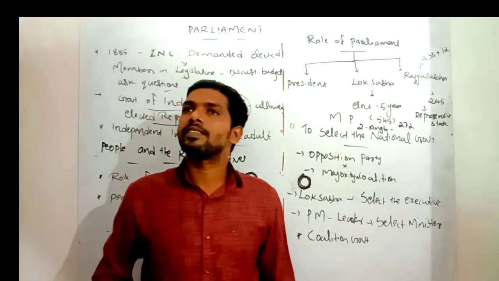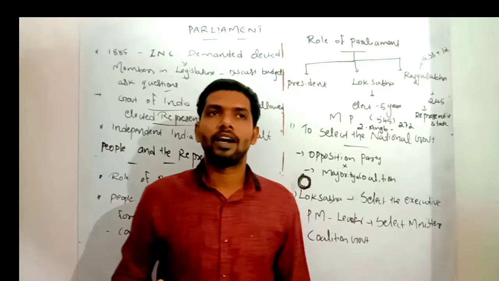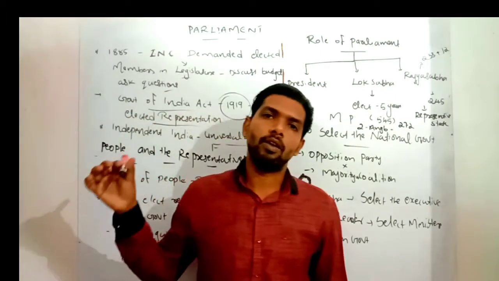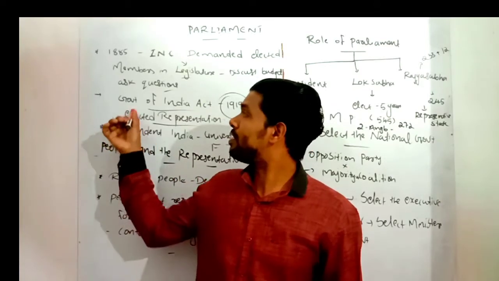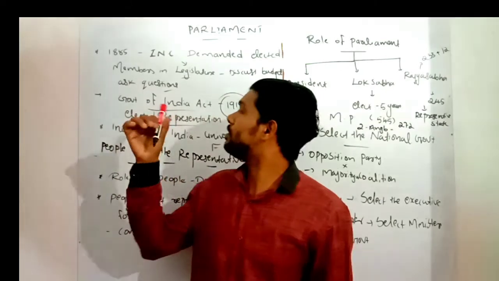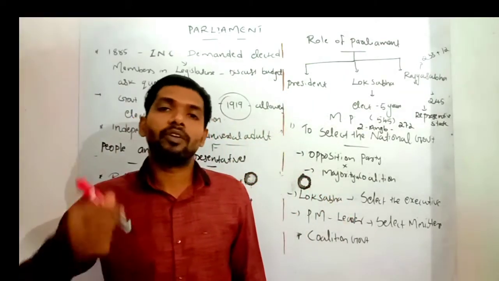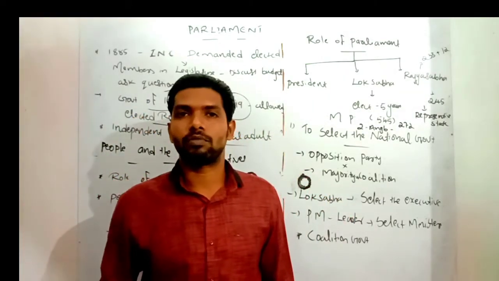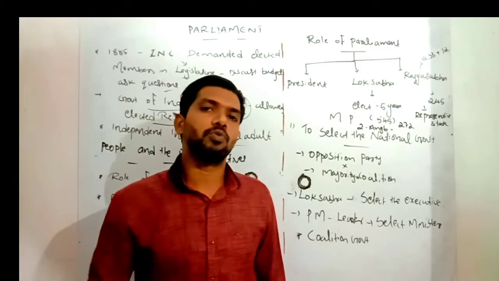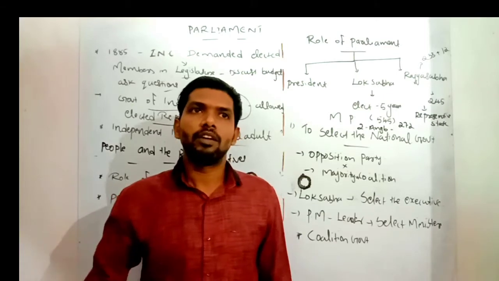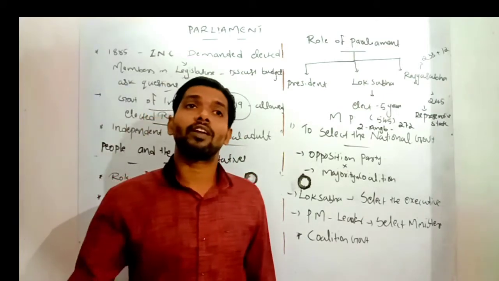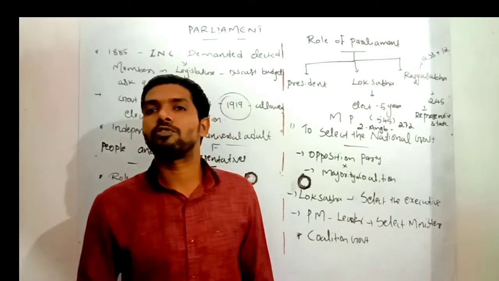Finally, as a result of the pressure put forward by the INC and their leaders, in the year 1909 the British authority passed a law, mainly called the Government of India Act. Under this Act, Indians got a chance of representation through the legislature by being elected to it from different constituencies. After winning the election, they could sit in that legislature, ask questions, and express their opinion on the budget for India.